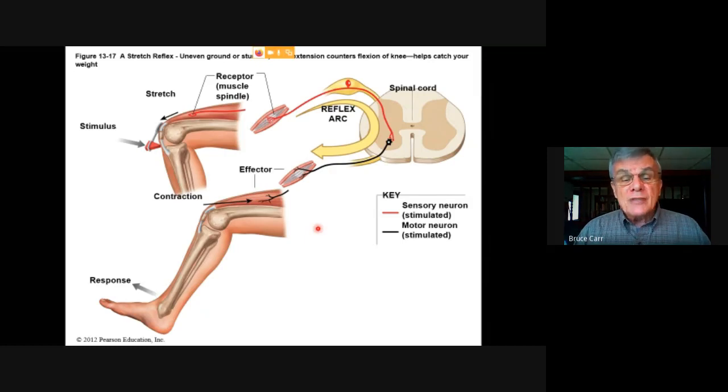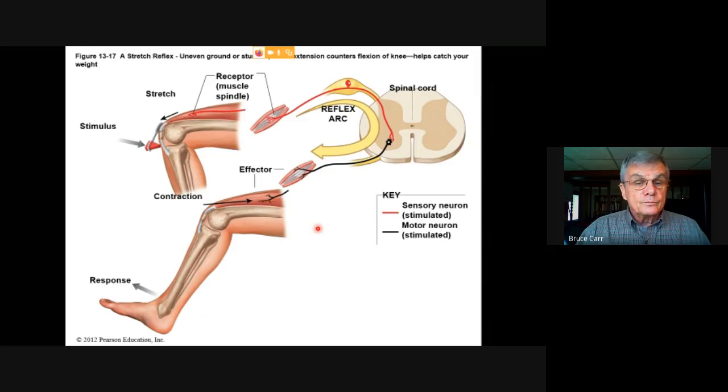Let's say your foot comes down wrong, and the weight of your body is causing your knee to collapse. You weren't expecting that footing. Tightening the quadriceps muscle, in this case, doesn't extend the knee, but it arrests the flexion of the knee. It stops that bending. So you catch your weight as a result of this effector, this reflex, and you do not